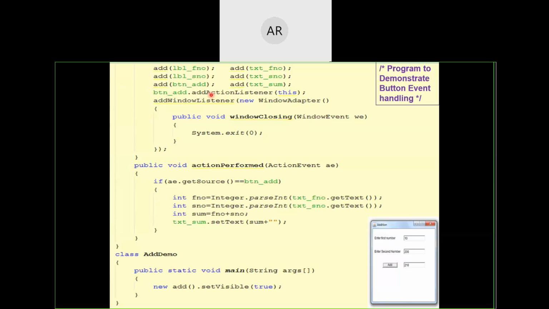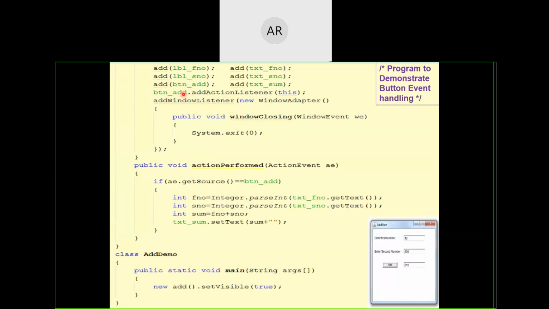And to this addActionListener, we have to pass the present object. What is this present object? button_add. Who has made a call to this particular method? button_add, right? Using button_add only, we are calling addActionListener. So this will point to button_add.